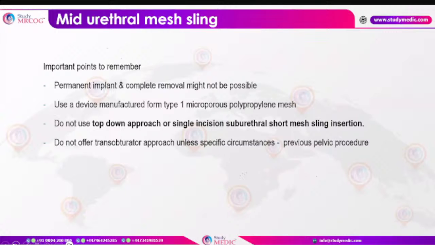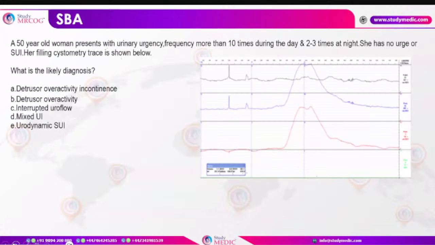Whenever you are putting in this mid-urethral sling or mesh, do not use the top-down approach or single-incision short mesh sling insertion. Also do not offer any transobturator approach unless you have specific indications, like a previous pelvic procedure. Only in that case will you offer the transobturator approach. So this was the management of